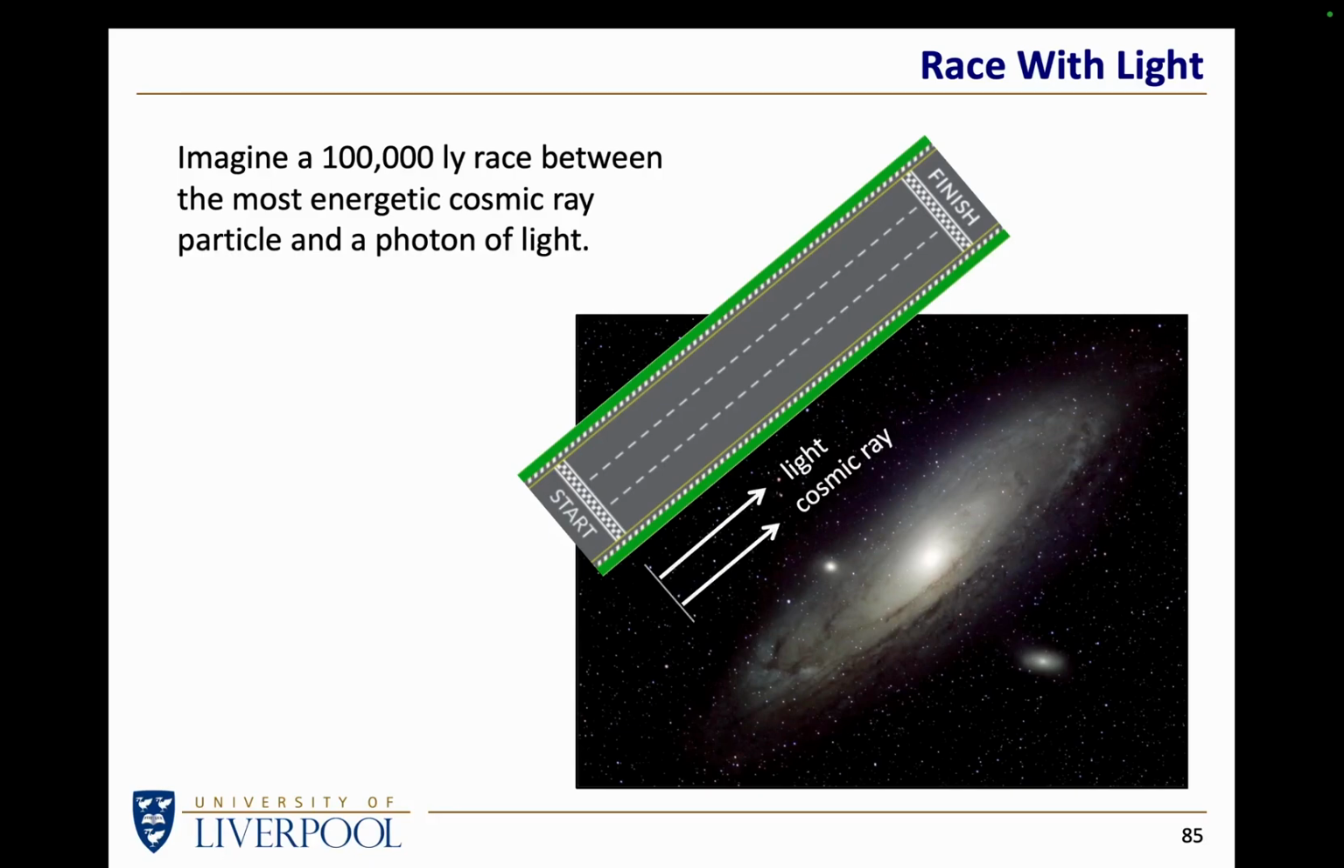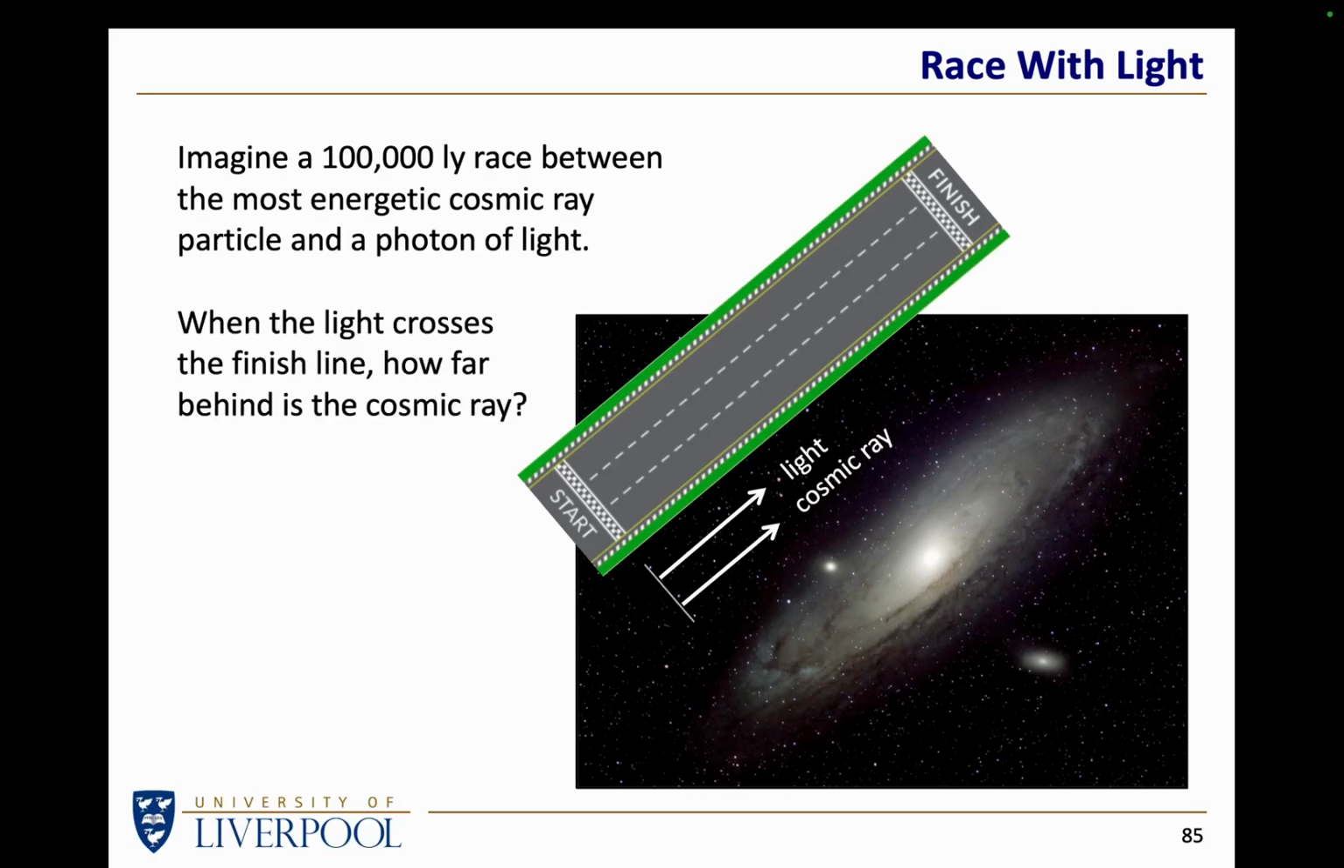Now, of course, light will win. The cosmic ray cannot travel faster than light, so light will win. But by how much? When the light crosses the finish line, how far behind it is the cosmic ray? Is it going to be a light year behind or 1,000 miles behind? When the light crosses the finish line, the cosmic ray will be behind it by 5 millimeters. After a race of 100,000 light years across the galaxy, it will have only lost ground to the effect of